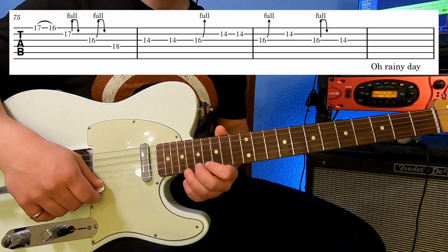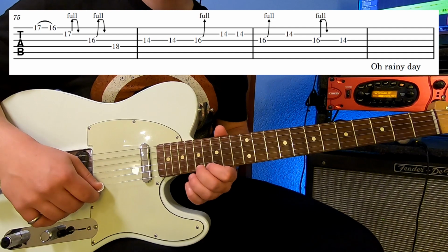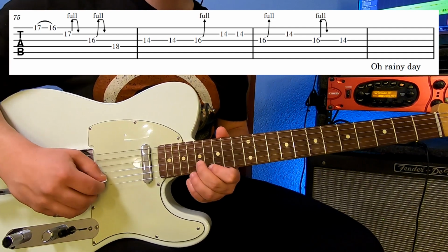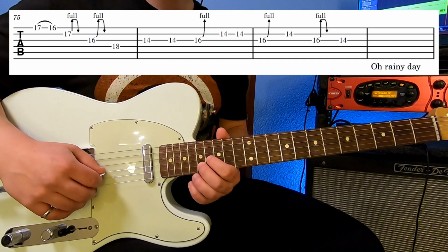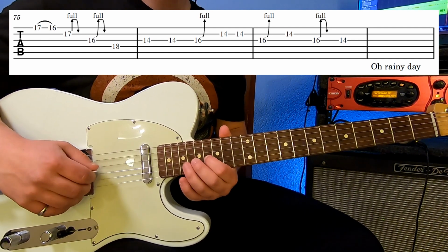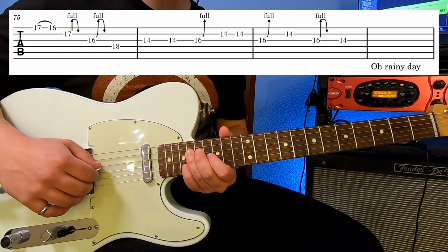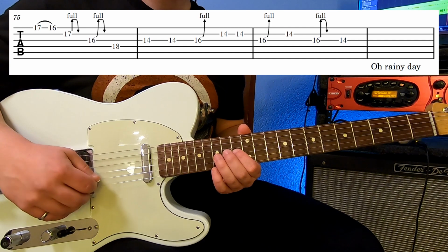So to play that, you're going to play the 17th fret of the high E string, pull it off to the 16th fret, pre-apply your bender, 17th fret of the B string, and then release it. 16th fret of the G string, give it a full bend and release the bend. 18th fret of the D string, 14th fret G string twice,